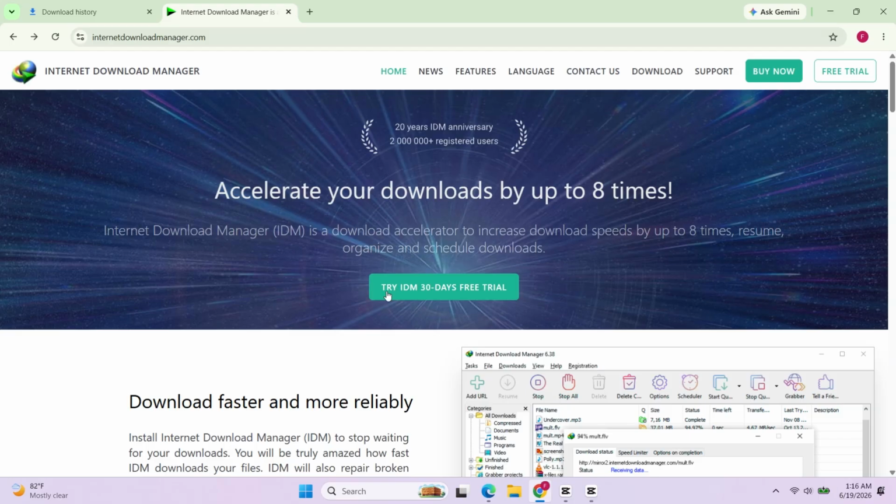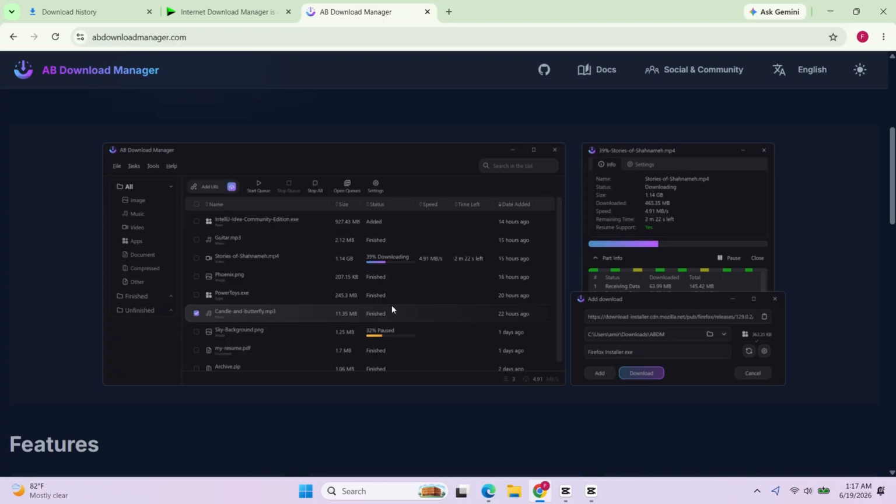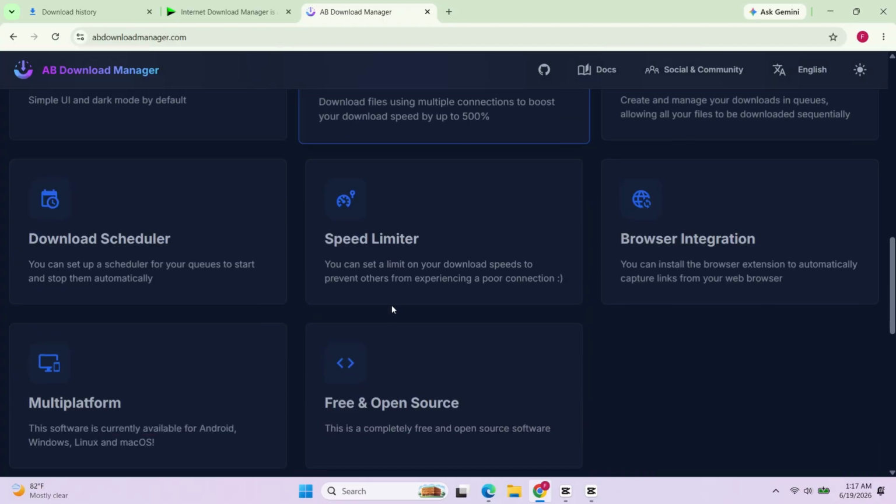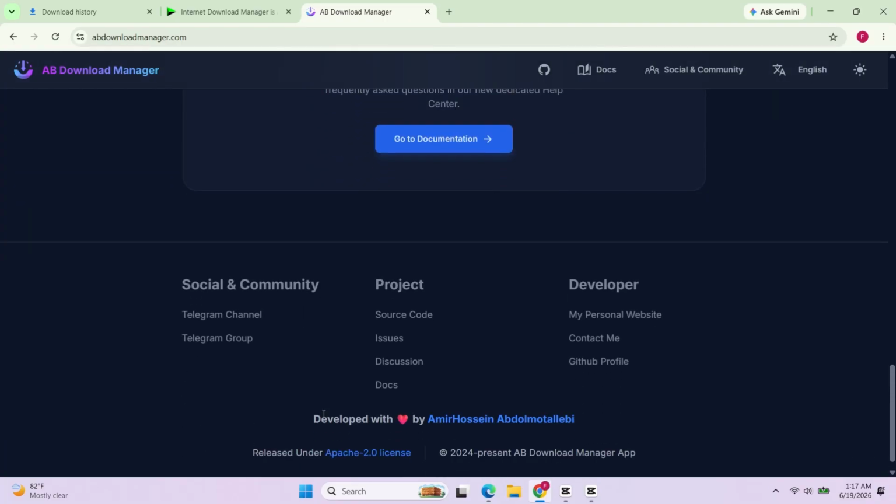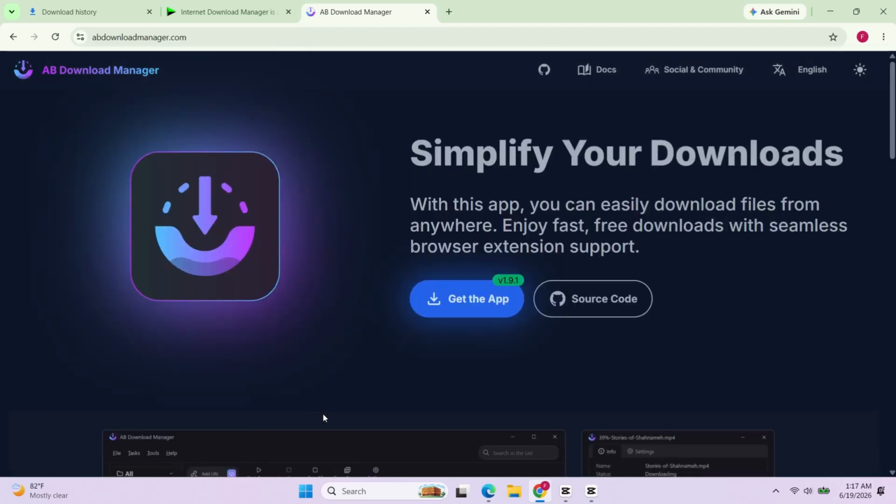That's when I started searching for alternatives, and I found an amazing download manager that works very similarly to IDM. The best part is that it's completely free and open source. Today, I'm going to show you this download manager, how it works, and how you can download and install it